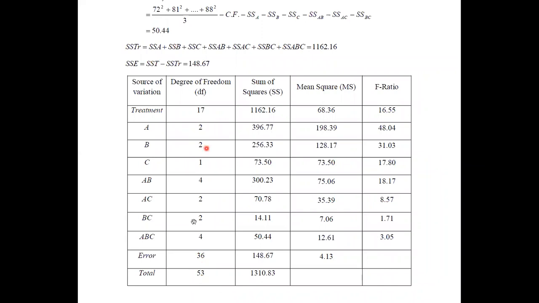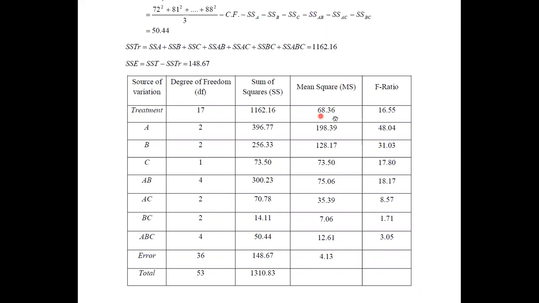And here you can see the values obtained as degrees of freedom of factors A, B, C, the interaction of two factors, and the interaction of these three. Therefore, if you now take their totals, it should definitely be equal to 17. We have already obtained the sum of squares values, and by taking the ratio between SS and degrees of freedom, you can calculate the mean square value. And here also you can perform the F ratio.